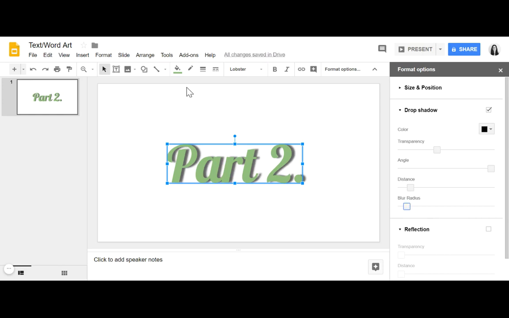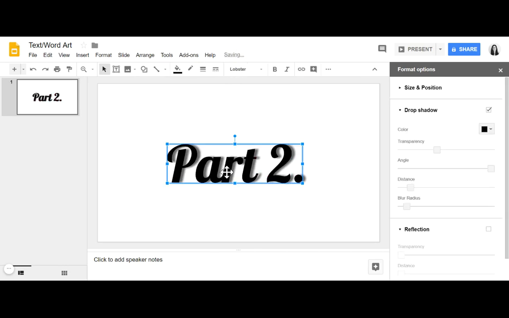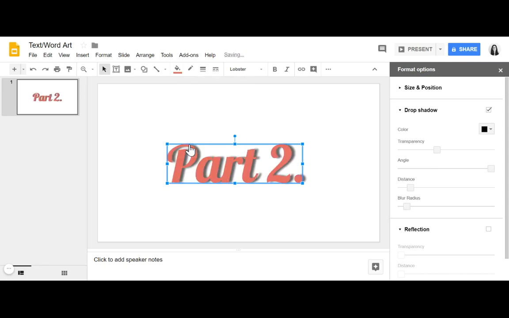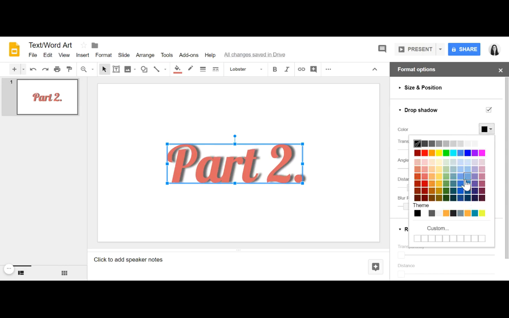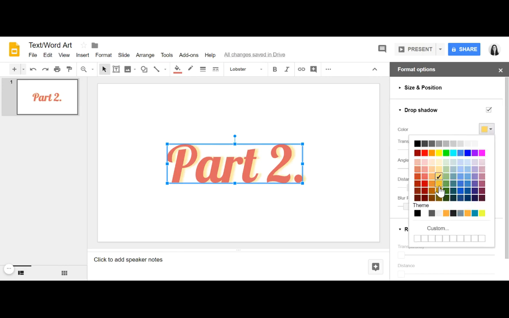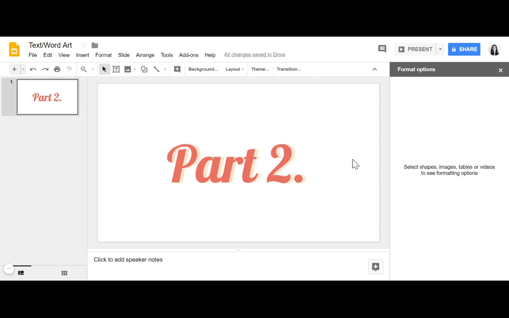Alright, and then like I said, you could come in here and you could change the color to match the theme of your presentation. It depends on what you're doing. Let's say you just did black, you can still see the drop shadow. It's up to you, whatever color you think. And then once you pick a color, you can actually change the color of the drop shadow as well. So let's do a yellow or something. I don't know. I think that looks kind of cool. Whatever you feel is best. And then, yeah, like I said, just use color to make it pop, make it look cool,